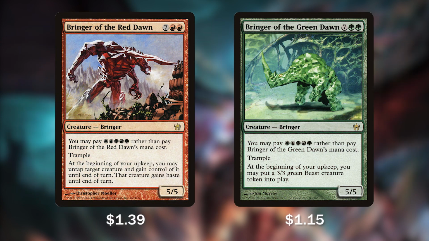Red Dawn says at the beginning of your upkeep, you may untap a target creature and gain control of it until the end of turn. That creature gains haste until the end of turn, so we can just take over one of our opponent's creatures until the end of turn. And then Green Dawn, at the beginning of your upkeep, you get to put a 3/3 Green Beast